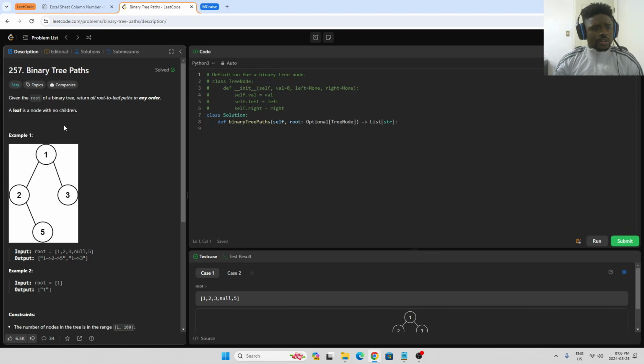So first, we know that we're given the root of a binary tree, so we're basically given a whole tree. And since the goal is to return all root to leaf paths, we need to figure out, starting from our root, what are all the paths that we can take to hit all our leaf nodes. So a leaf node in the tree is basically the node which doesn't have any subsequent children, so a node which doesn't have any left or right child. So for example, in example 1 here, the leaf node would be 5, and the leaf node would be